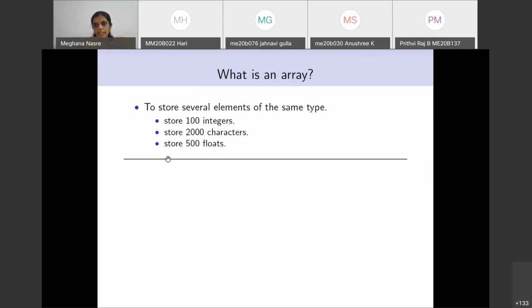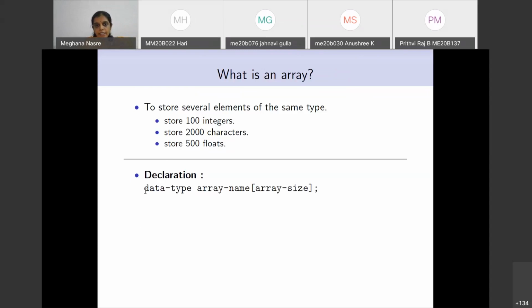It is a tedious process. It takes up space in writing the code, and you will have to have variable names for every variable. So if you have 100 integers, you will have to have 100 variable names. Instead, we have a way to define several elements of the same type using what is called an array.